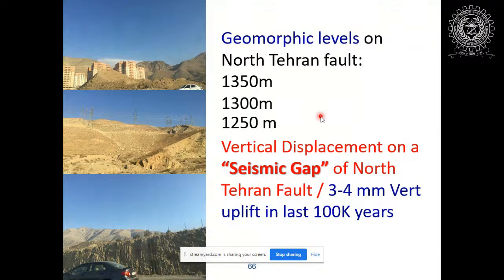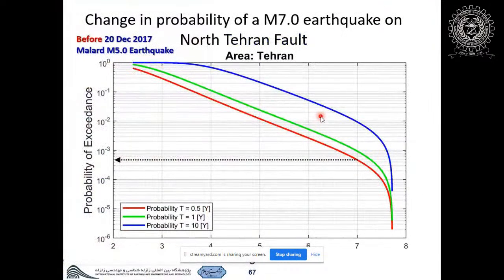And don't forget that this rate occurred in a region that has had no major earthquake in the last 3,000 years. We have recalculated the change of probability for a magnitude 7 earthquake in North Tehran fault, the difference of change of probability. The probability we observed